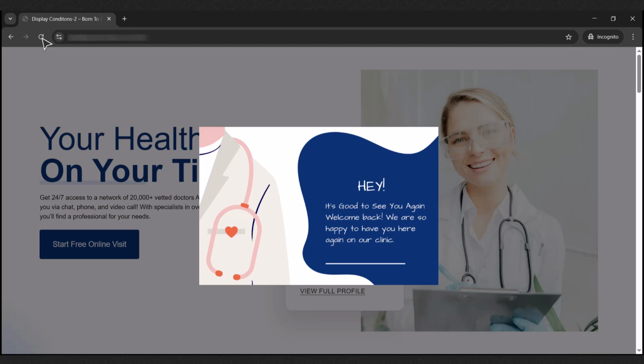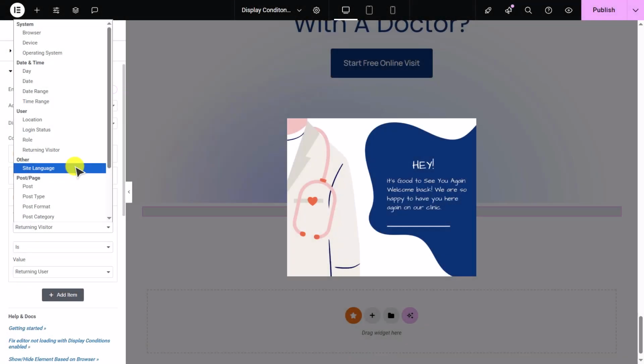It's a simple setup, but it adds a really nice personal touch that your visitors will appreciate. If your website supports multiple languages, the site language condition allows you to tailor content based on the current language